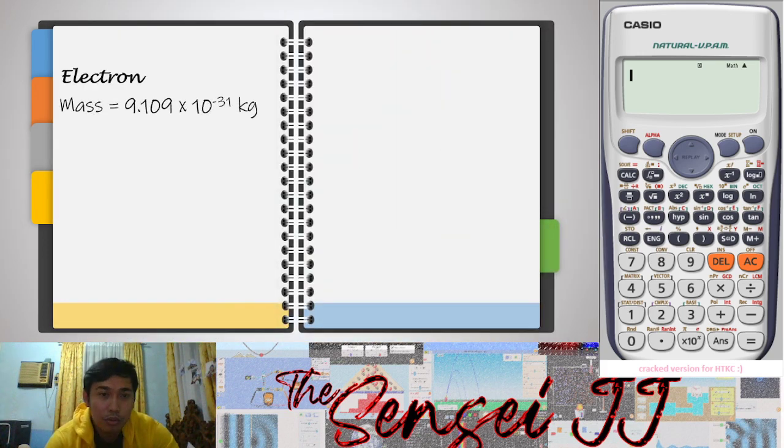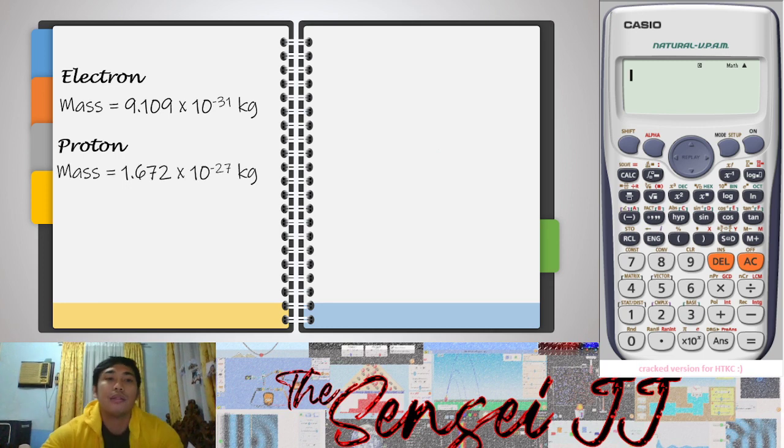So, let's take a short break. Our electron has a mass of 9.109 times 10 raised to negative 31 kilograms. Okay, so don't you forget this, guys. This is just the mass of the electron: 9.109 times 10 raised to negative 31 kilograms. And we can't leave out our proton. So, what is the mass of the proton, sir? The mass of the proton is